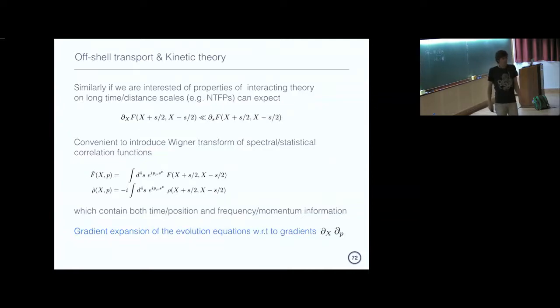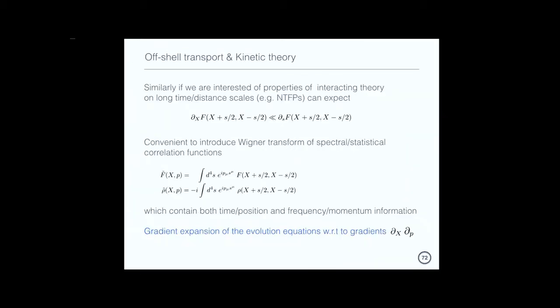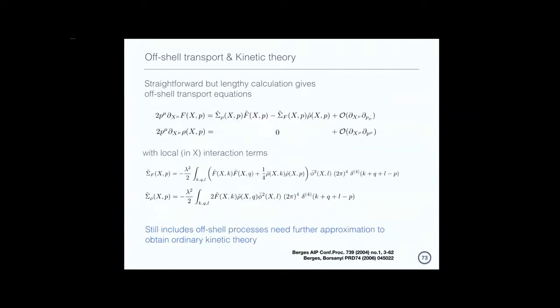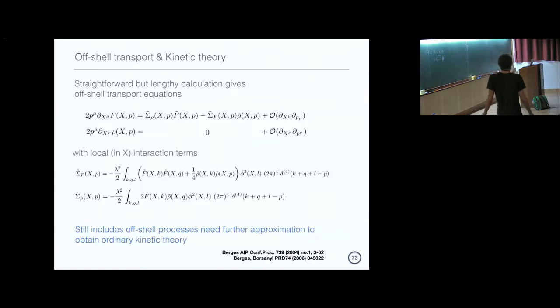And so what one can do further is, since we're expecting the system to evolve slowly in time, one can perform an expansion in gradients. Actually, the expansion goes in gradients of x multiplying gradients with respect to this momentum variable. That's the structure of the expansion that one has to do here. And so doing that expansion and keeping that to leading order, one then gets from the equations of motion that I showed, to equations of motion which look something like this.